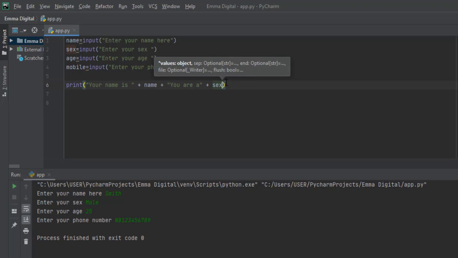So sex, then we go again plus, okay, you are a male and 25 years old. Our code, you are a male and, okay, the age now, plus age,